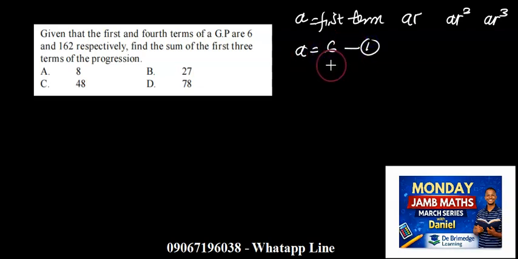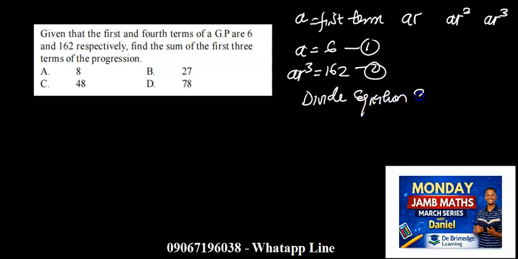We're also told that the fourth term, which is AR cubed, is equal to 162. Equation 2. So we have to solve this simultaneously. First of all, to find the common ratio, because the common ratio here is unknown, I'm going to divide equation